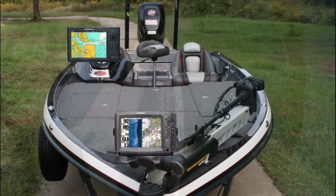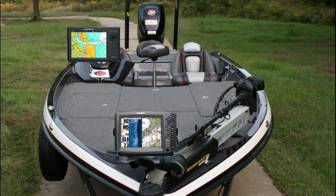But that's a little bit easier said than done, so let me explain how I actually get that done. So to reiterate one of the points I made earlier, to get this technique to work, you have to have two graphs on your boat with GPS capabilities. One near your steering wheel and then one up by your trolling motor. And if both of your graphs have GPS capabilities and they're made by the same brand or the same manufacturer, then you can